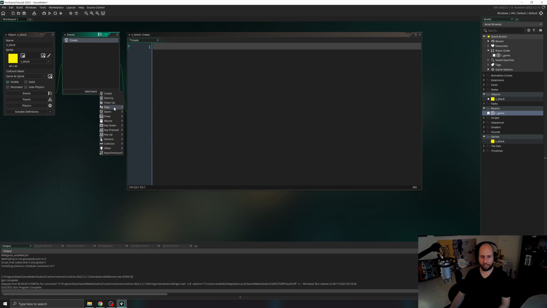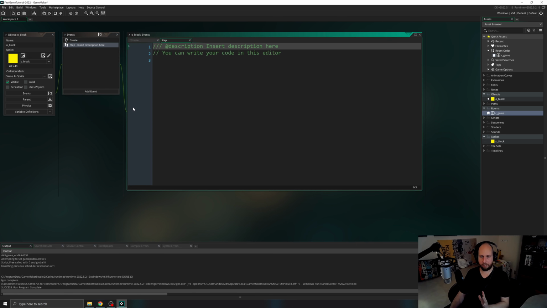So I'm going to click add event and hover over step. And then I'm going to click on step. Instead of begin or end, I'll click just plain step. And this opens up another tab. And you can switch between these 2 different tabs here. You could also double click on these over here to switch between them. Delete that. And a step event is something that happens every step of the game, or every frame of the